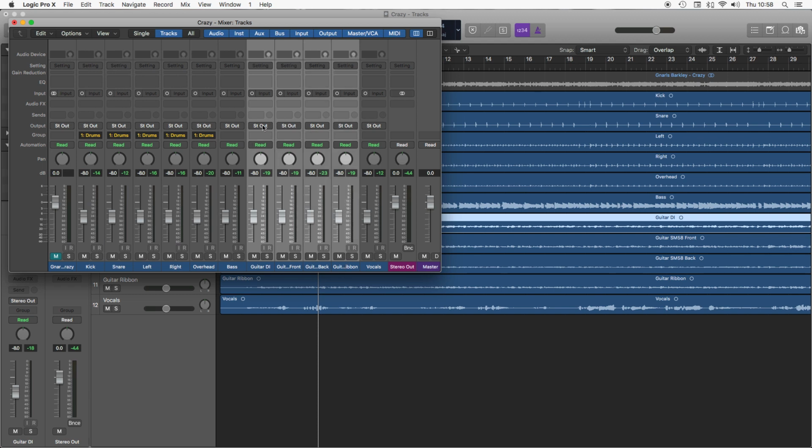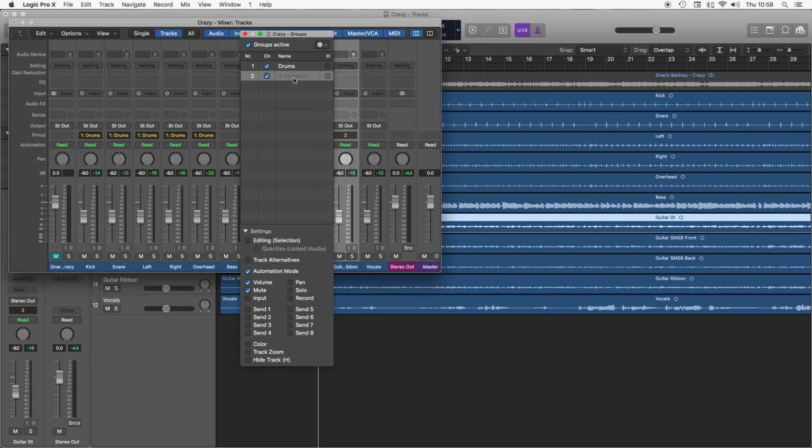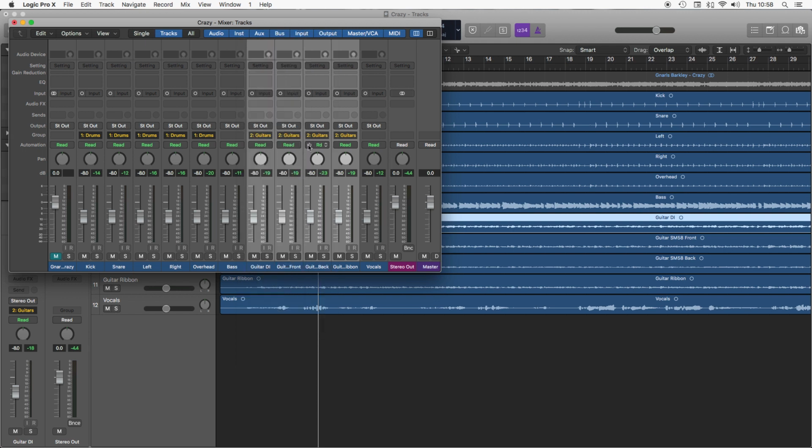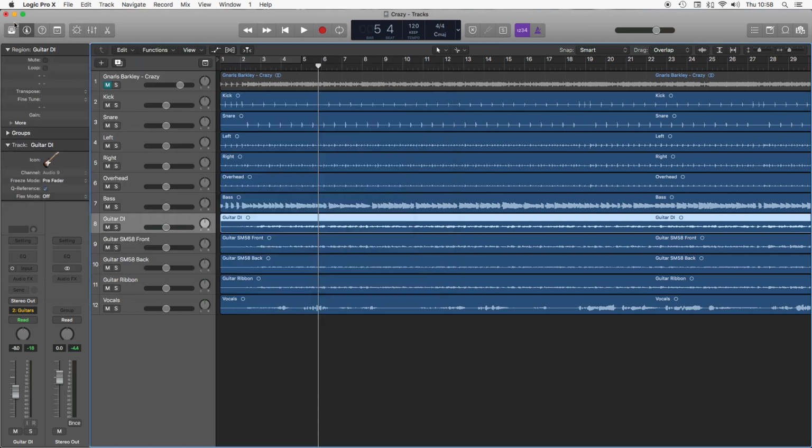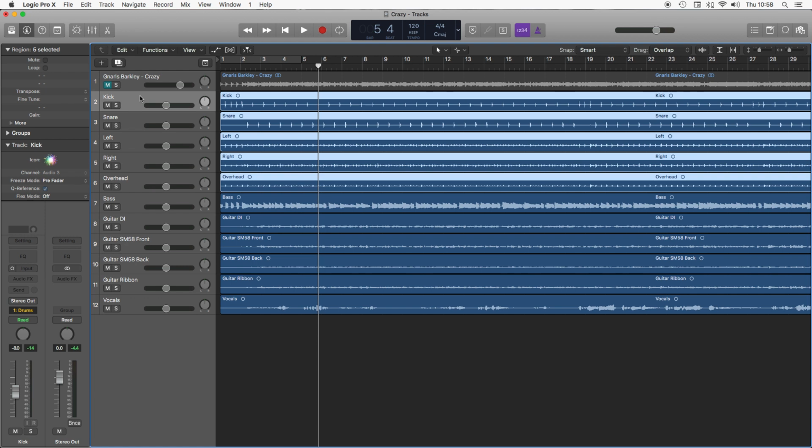So my guitars do the same thing, go to groups, group 2, and call that one guitars. And again, I'm going to tick editing, untick volume. Hit enter, there we go. They've got their name shown there. So all the tracks are grouped now,